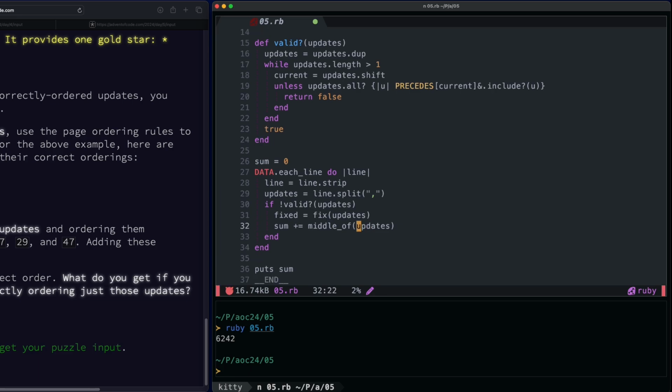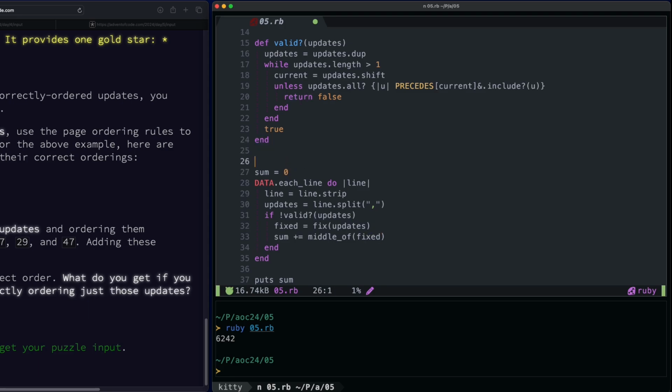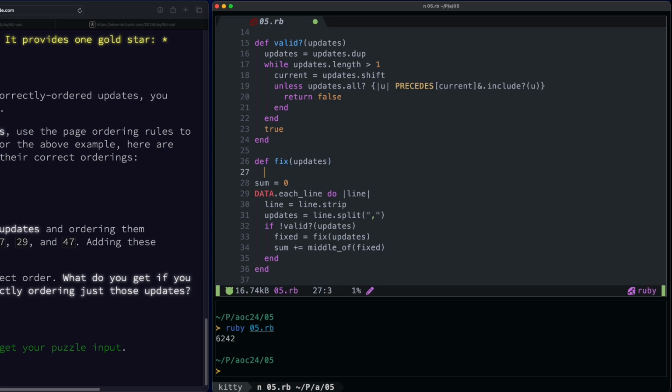Sum please equals middle of fixed. Okay, and I really hope this is going to be as simple as it sounds. So fix updates is going to be,